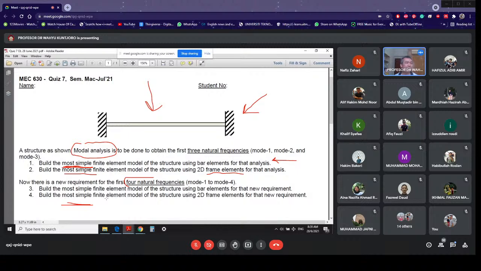So you are going to build four finite element models in total. That is what you need to do. You have to answer it. No calculation, as of course you still have calculation in your mind, but no hand calculation. So that's what you need to do. You have to submit your answer